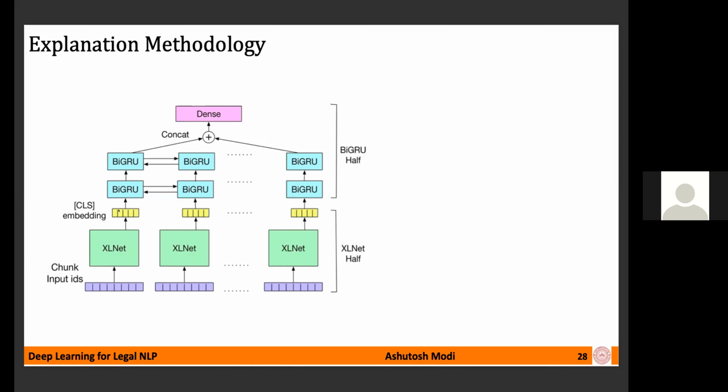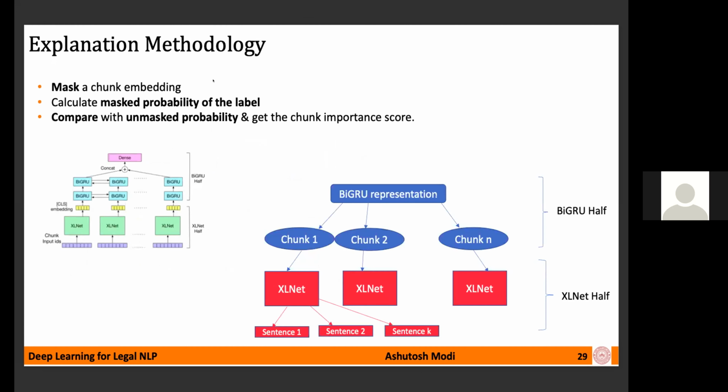The representations, or features, of each chunk are fed into a bidirectional gated recurrent unit model, basically a Bi-GRU model. We use a two-level Bi-GRU, and we obtain the representation for each of the hidden units of the upper layer Bi-GRU, concatenate them, and then feed them to an MLP via a dense layer. The output of this gives the final prediction of the case.